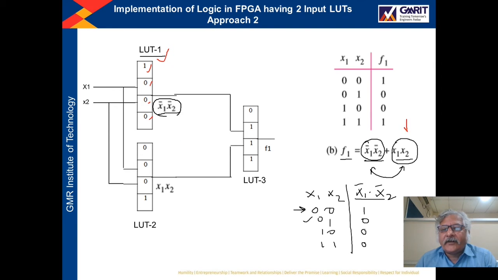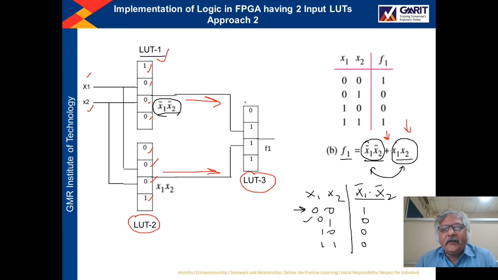Now you come to this expression X1 · X2. How will this be implemented? This is the AND logic, X1 · X2. So this will be implemented in LUT number 2. See here, AND logic: 0, 0, 0, 1. And this LUT is connected to the X1 and X2 inputs. So in this way, X1 · X2 is implemented in LUT number 2, and this output and this output of the LUTs are to be ORed, because you see here these logics are to be ORed. So the OR logic is implemented in my LUT number 3.